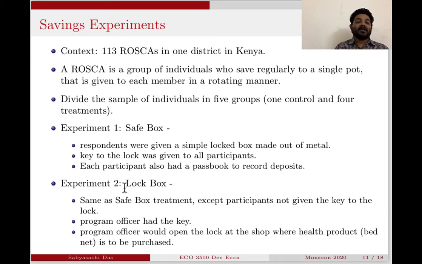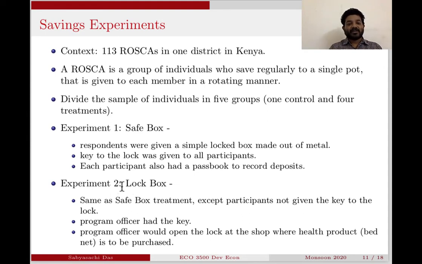Experiment two, but this is meant for health products. So this is not just any random piggy bank. It's a piggy bank which they say is meant for purchasing health products. Okay? This kind of preventative health investments. So that is the label